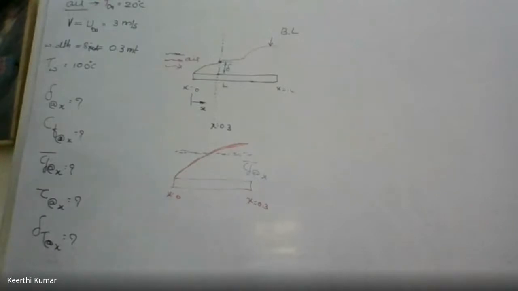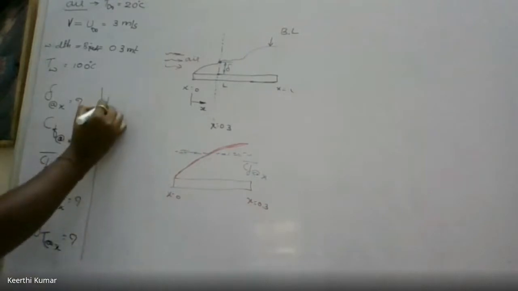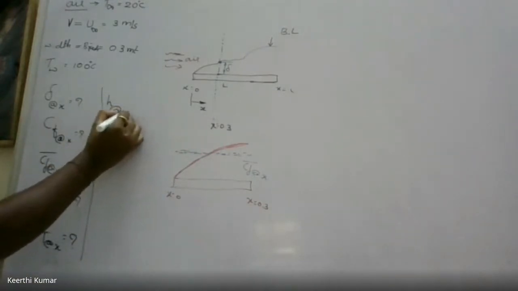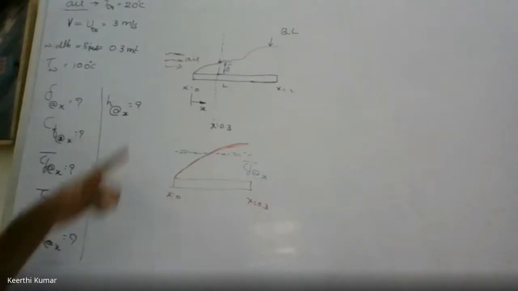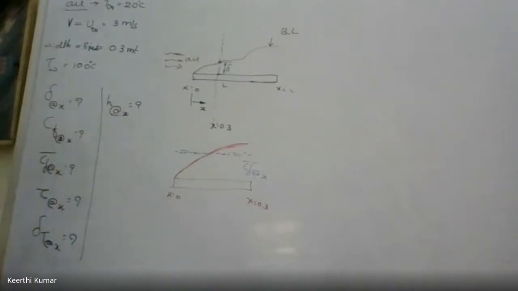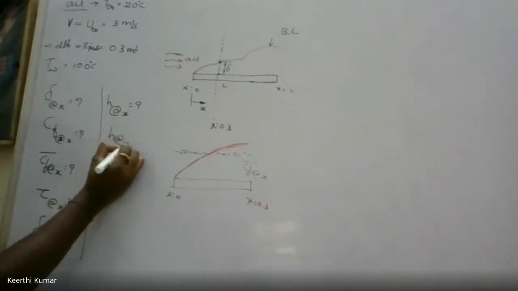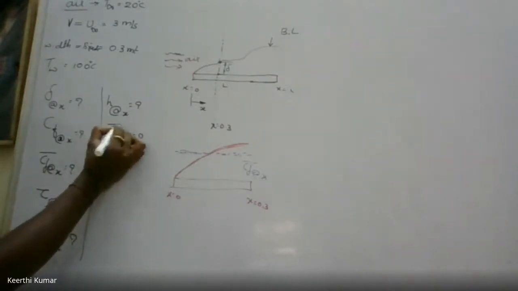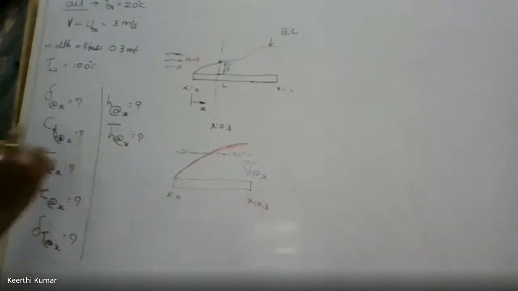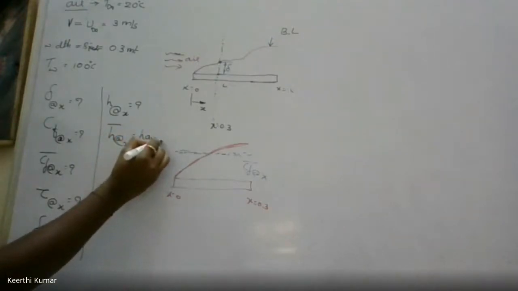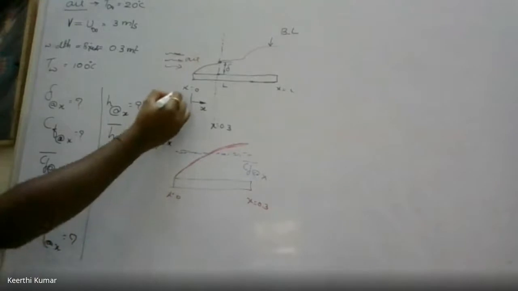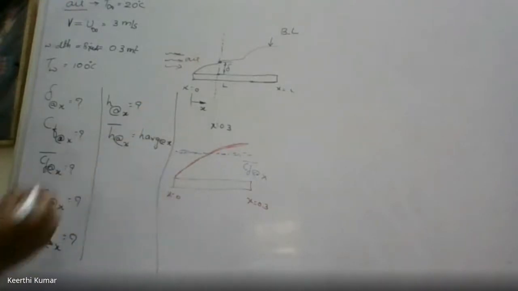Next, what is he asking? Local convection heat transfer coefficient. Convective heat transfer coefficient is what? h. Locally is asked, so h at x. h at x is equal to how much? So that is asked. Next. Average heat transfer coefficient. This is heat transfer coefficient local. Average means what? h at x is equal to how much? That is average. We should put a line at the top. Means average. Or we can also write this as h avg at x. This is also okay. Both are acceptable. h average indicates like this. Next.